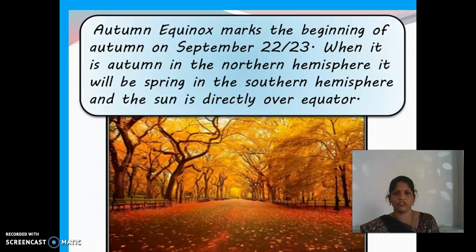Just like the summer solstice and winter solstice we saw. The longest day for the northern hemisphere means the shortest day for the southern hemisphere, and the shortest day for the northern hemisphere means the longest day for the southern hemisphere, like that. And the sun is directly over the equator. Okay, it is directly on the equator. So the equator people observe full day sunlight. Okay, dears, have you understood?